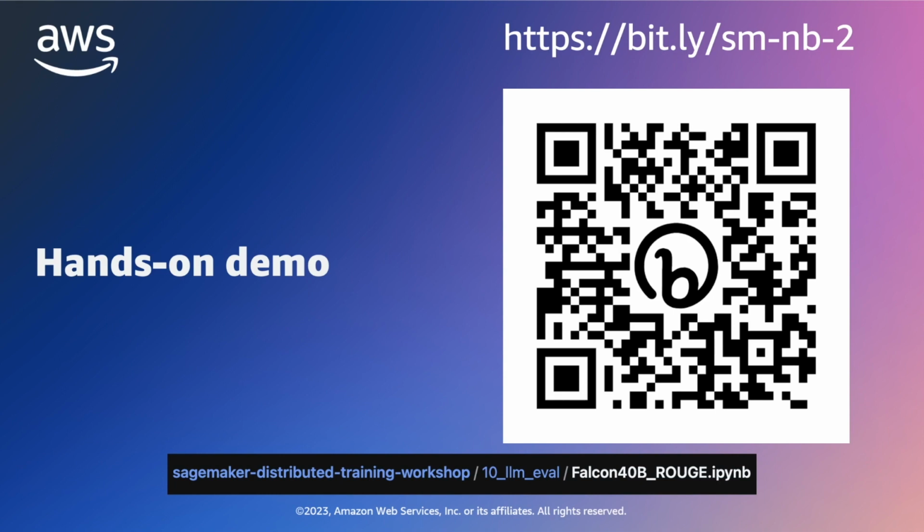So in this notebook, we are going to evaluate a foundation model. In particular, we're going to look at Falcon, so this is Falcon 40B, and we are going to use labeled data. So we're going to bring a data set. This is actually the CNN Daily Mail from the Hugging Face data sets. And in particular, the data set contains a number of articles and then the highlights from those articles.